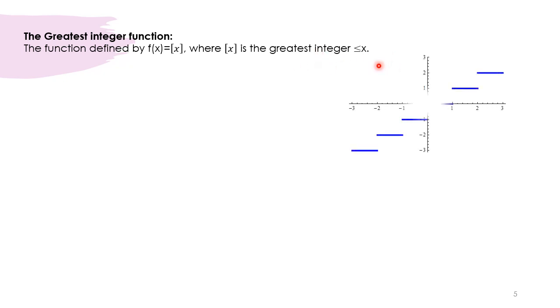For example, whenever you write the bracket value of x equal to 2, the greatest integer function of 2 is 2. If you take 2.5 here, you are getting 2. If you take 2.9, you are getting 2. 2.999 is also 2. Because this is not an integer, this is not an integer, this is also not an integer. So whenever it is an integer, you are getting the same value. Bracket of 2 is 2, here 3, so this gives 3.